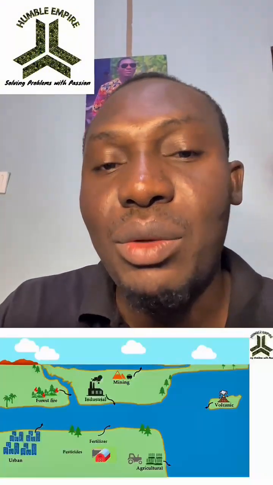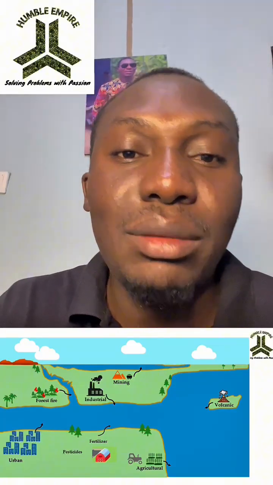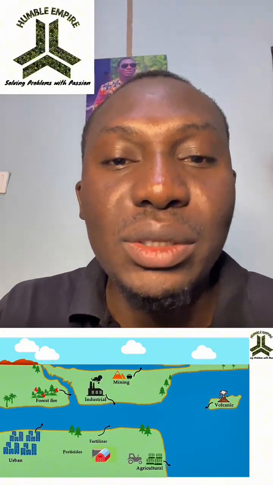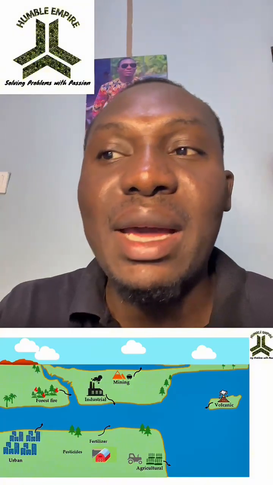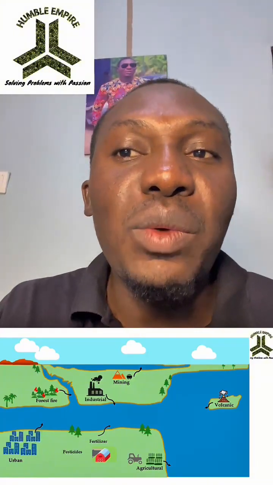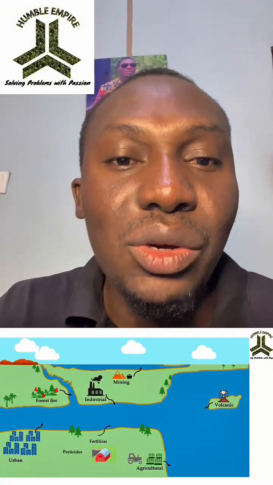So in summary, we've realized that heavy metals are metallic elements with high density and can cause toxicity at low concentrations. We've also seen that the sources are not only about mining, but we can have the natural sources, as you can see, the volcanic and other things, and we have the anthropogenic or the human activity sources, as you can see on your screen.